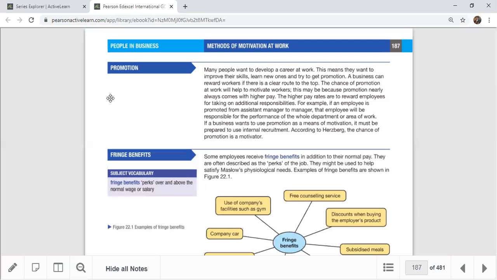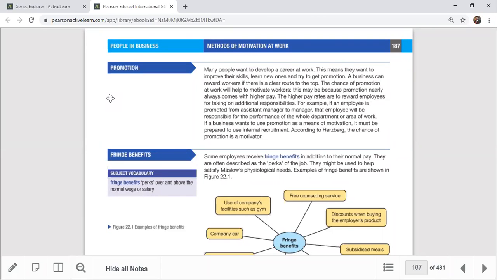So if you have a very good chance of promotion, people are motivated because they know, okay, I have a chance of promotion. Therefore, as a result of that, labor retention rate will increase, productivity will increase, motivation will increase. So promotions always make people happy. That's the main reason sometimes people stay with an organization for a long time, because of the promotion opportunities.